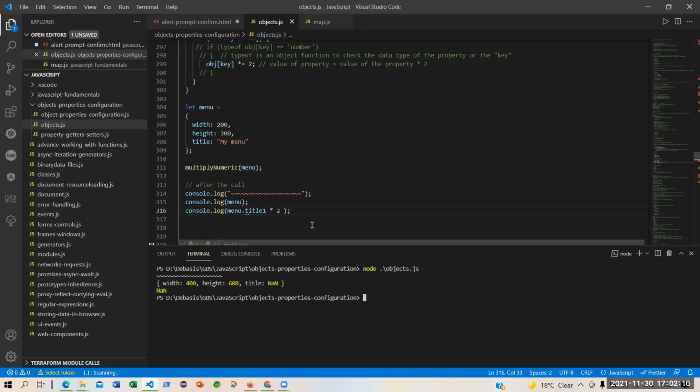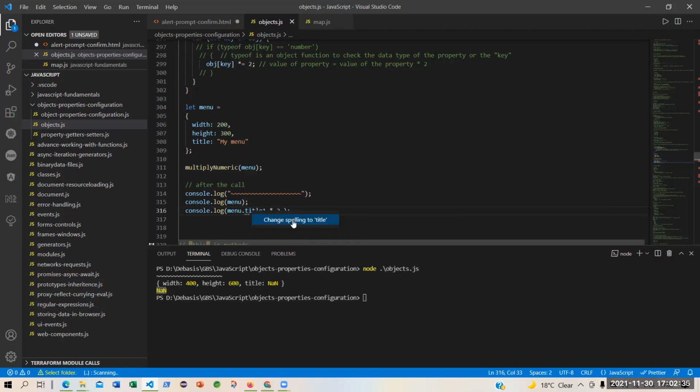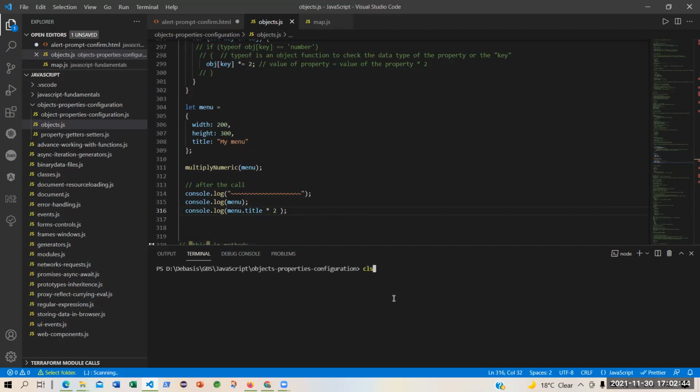It is still giving a NaN. It will not give undefined. It is not undefined actually.